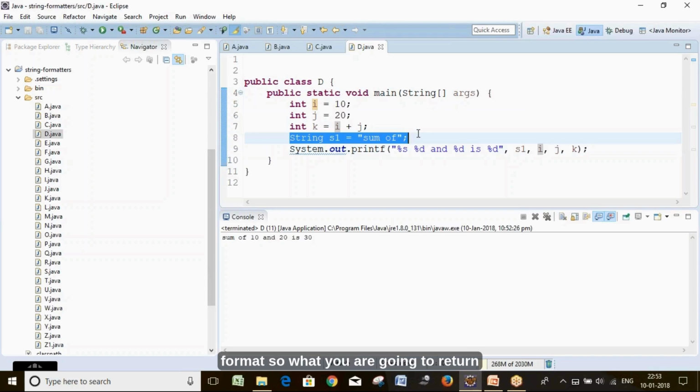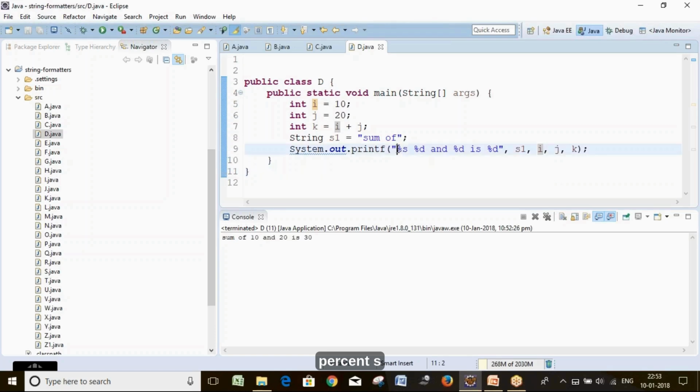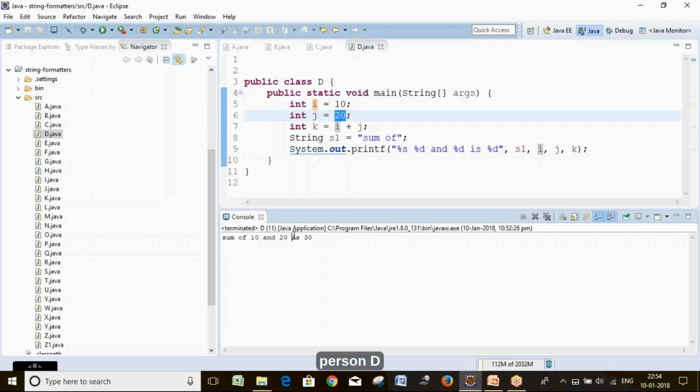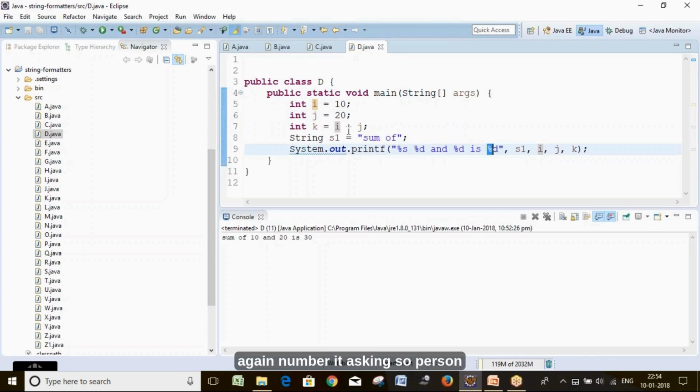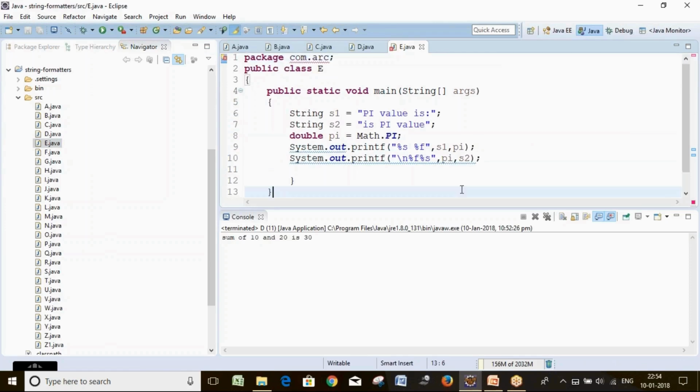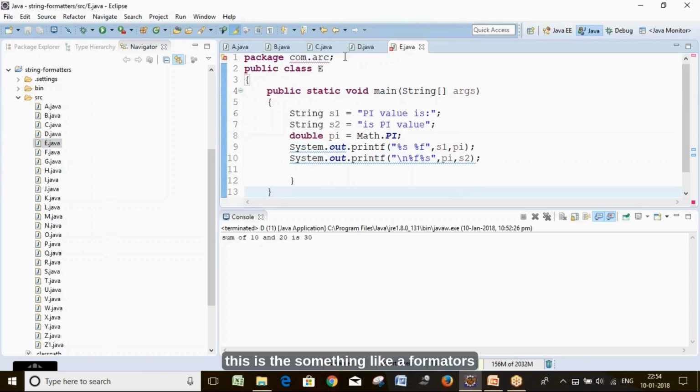Now you want to print in the format, so you write %s. It will print s1, sum of, then %d, which is i, 10, then %d, which is j, 20, then %d again, asking for a number, which is k, i plus j, 30. Likewise it will print. This is something like formatters.